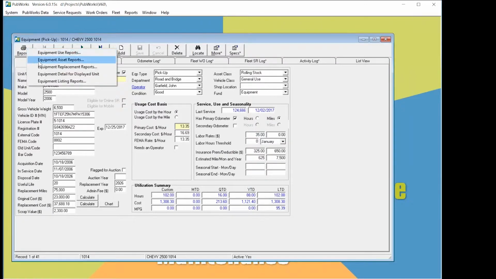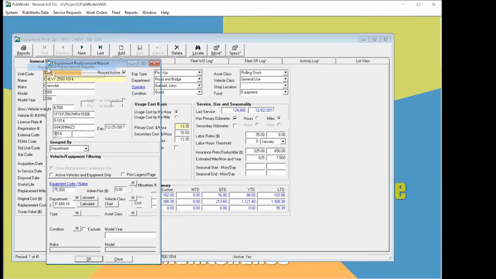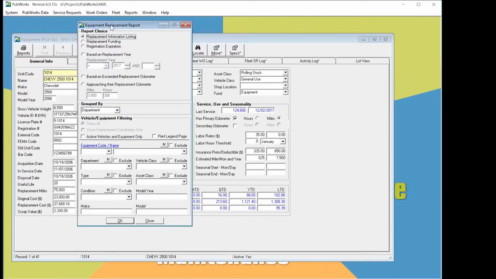There's another set of reports called equipment replacement reports. Not certain if these get a lot of play, but they're taking advantage of some of those asset management fields that we've set up on the equipment record, like, for example, replacement year. So let me just run a replacement report based on replacement year, and you've got a drop-down list